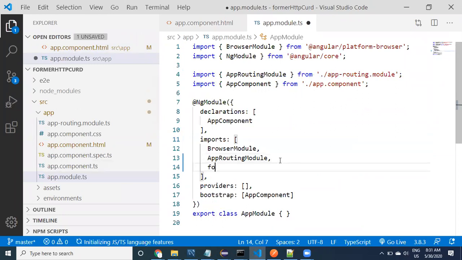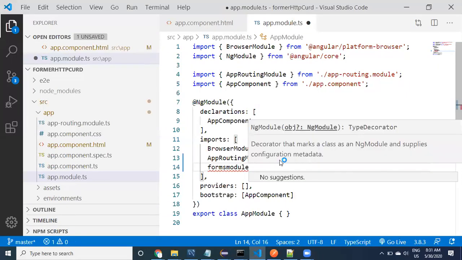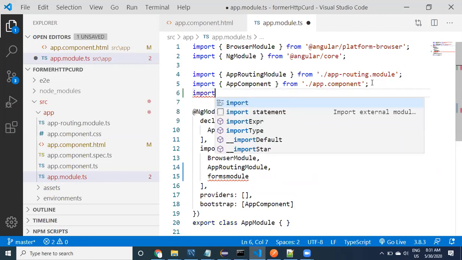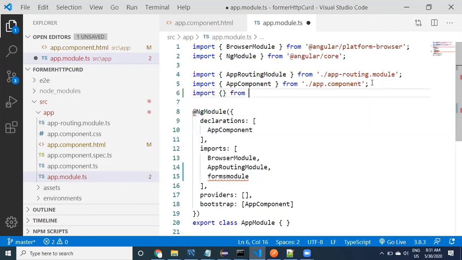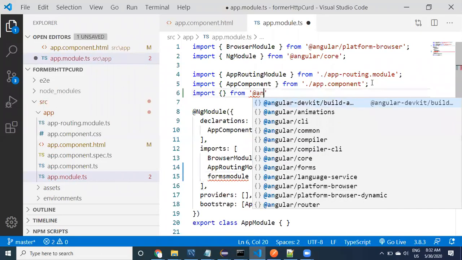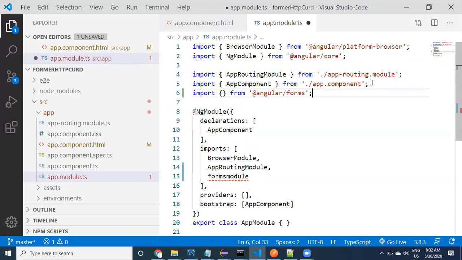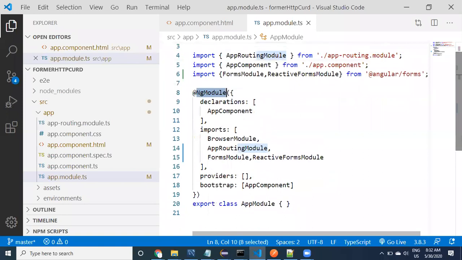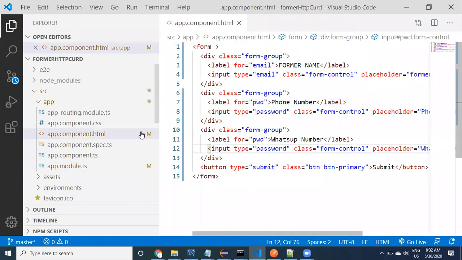We have to import FormsModule and ReactiveFormsModule from the package @angular/forms, then copy these two and provide them in the imports array, which is available inside this NgModule. All right, the import is done.